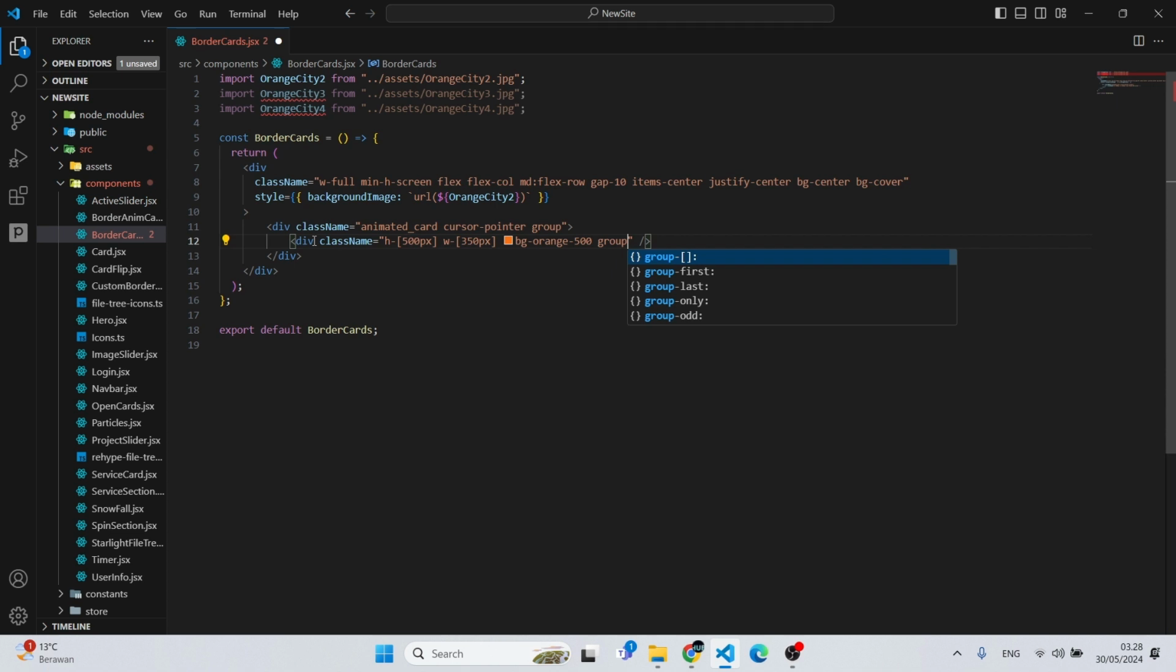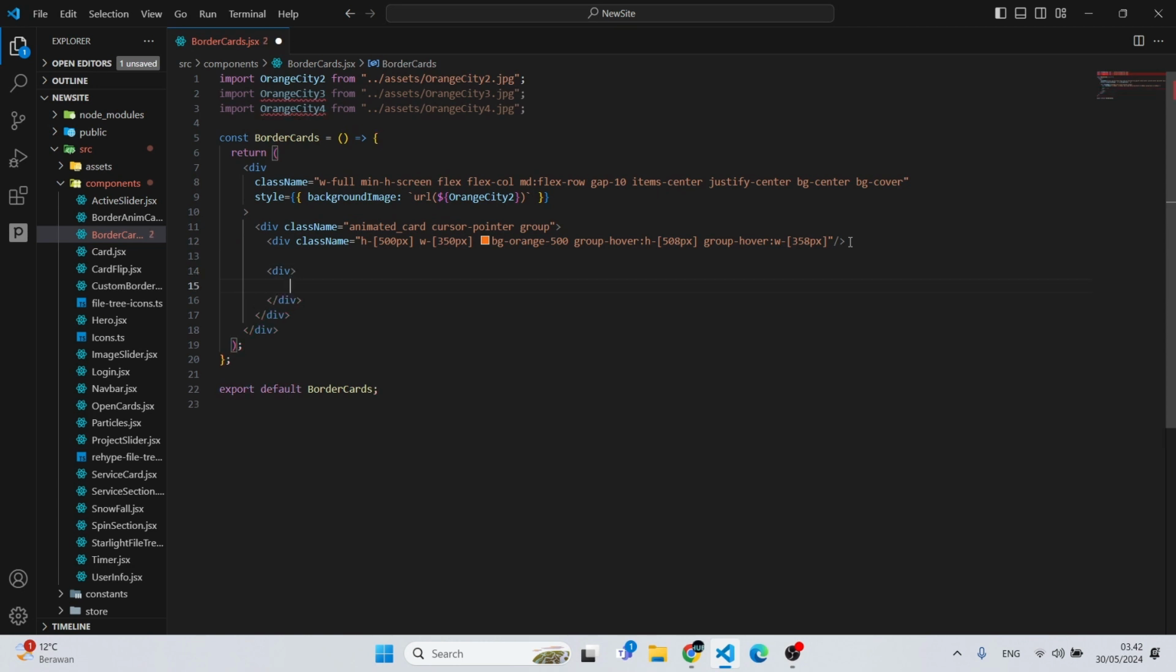Next, group-hover. So if any of the elements inside this div or this div itself is being hovered on, this will have a certain animation. So we can say h-508 pixels and on group-hover w-358 pixels. And under here, let's add another card, which will be div, class name, same size as for this one,